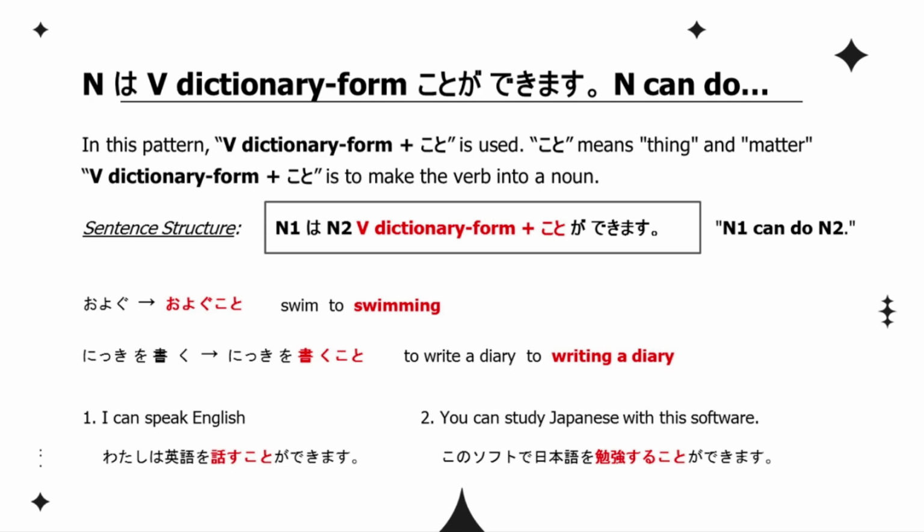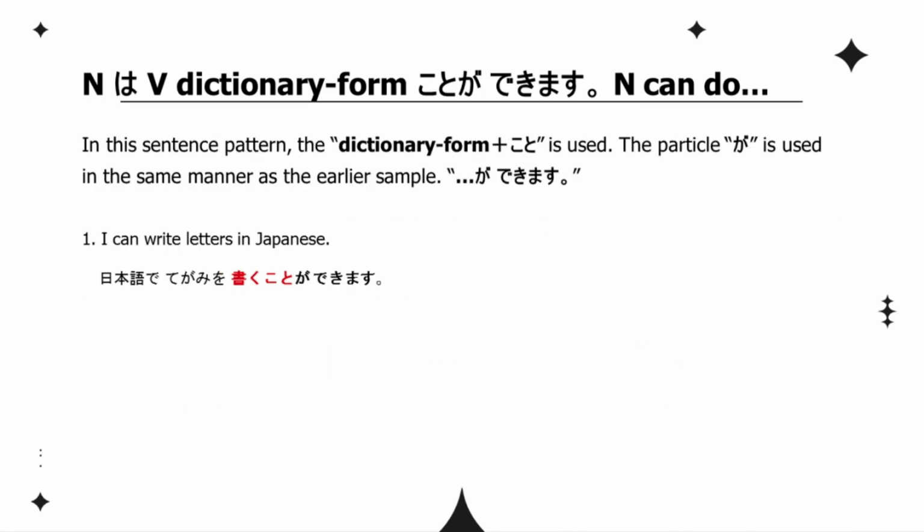The particle ga is used in the same manner as the earlier sample. 日本語で手紙を書くことができます。